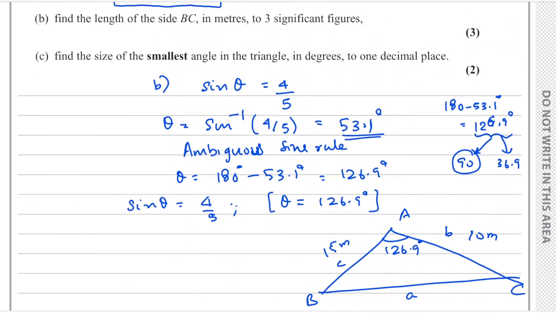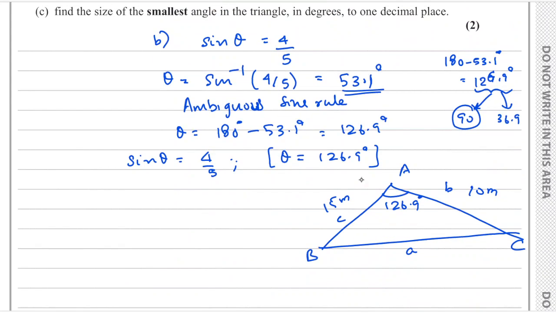So whenever you have in a triangle 2 sides and the angle in between, you can apply only the cosine rule. So here we need to apply the cosine rule to find BC, or in other words the length A, denoted by the small letter A. So we apply the cosine rule, which is A square is equal to B square plus C square minus 2BC